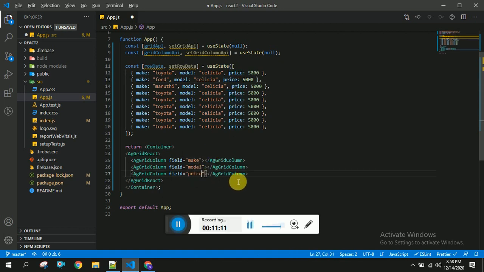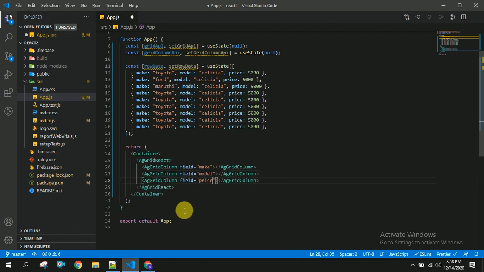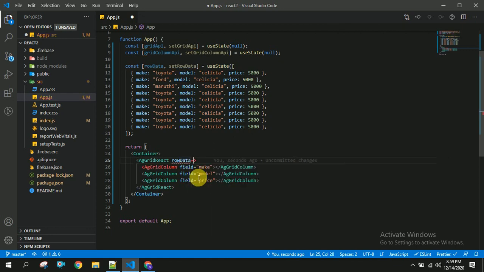So let us save this and verify whether it's working or not. It will not work because we are not giving row data here. So for that we have to initialize this with row data equal to braces with row data.